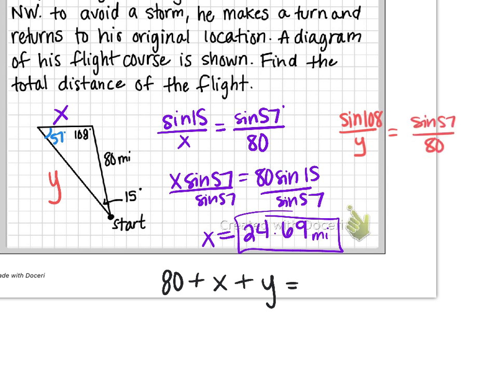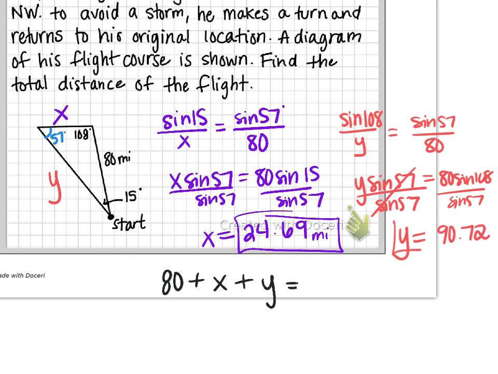We always want to use the numbers we're most sure about, which would be the given 80 and that 57 degrees that we could easily calculate, that we hopefully didn't make any mistakes on. Cross multiply, y sine 57 equals 80 sine 108. Divide by sine 57. And y equals about